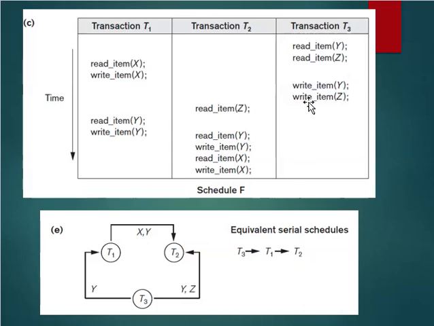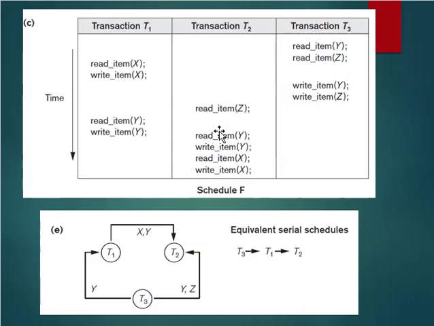Next you need to check the operation read item Z in T2, whether it makes any conflict with T1 and T3. But we can see that there is no operation in T3 and T1 on the data item Z. Next we check the operation read item Y in transaction T1, and you can see that it makes a conflict with transaction T2. So you have to draw from T1 to T2. Already the edge is there, you just need to mark Y.